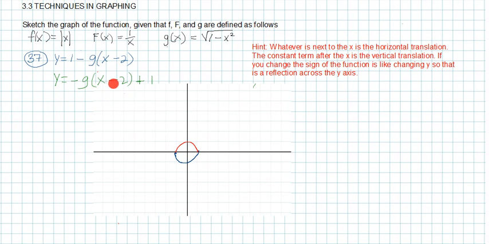Now the next transformation is move the graph 2 units to the right. I'm going to do that in green, 2 units to the right, and I'm going to actually erase the previous ones. So that's moved 2 units to the right, and now this one's saying move it up by 1 unit. So same graph, just moved up by 1 unit, and it's like that. So that's our final graph,